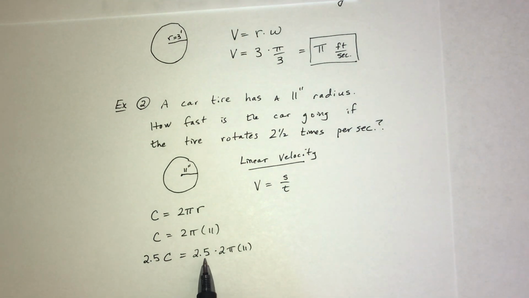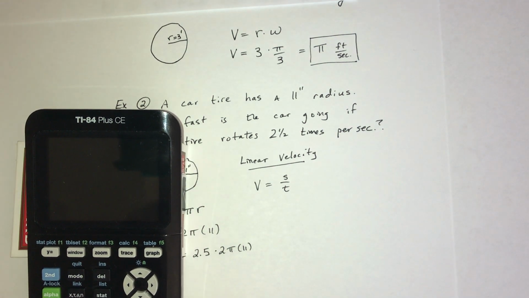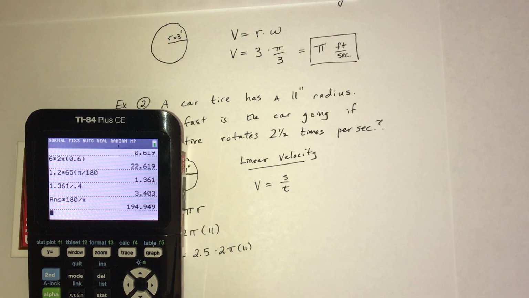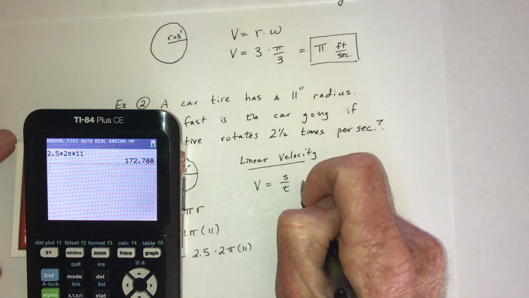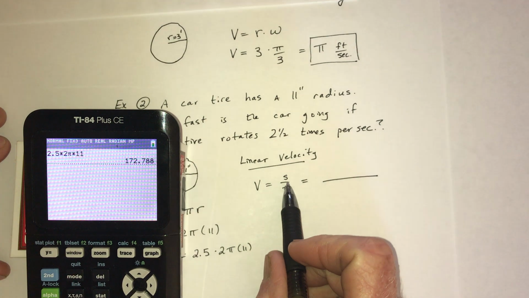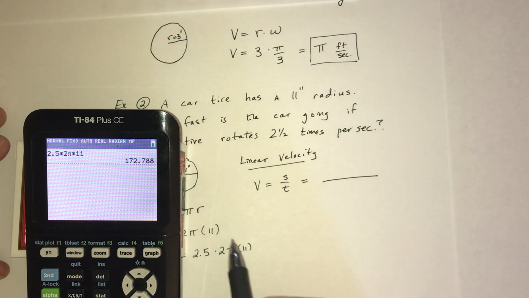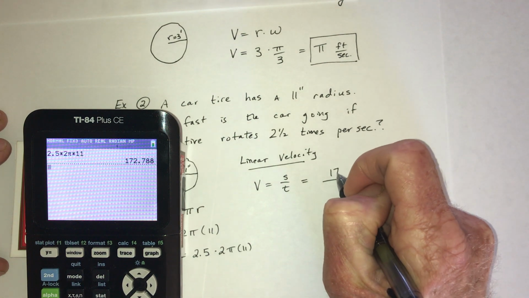So how much is this? So 2.5. Let me clear out some of this stuff. 2.5 times 2 pi times an 11. So that would be the S, the arc length. So how far did it go around the outside? After 2.5 revolutions, it's